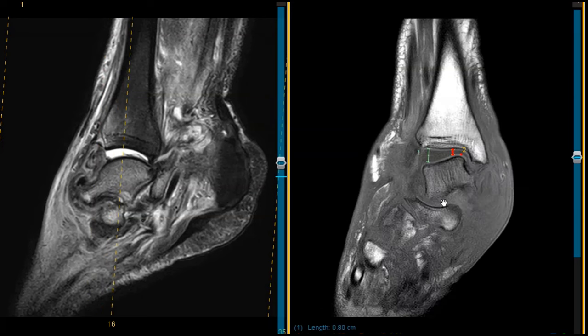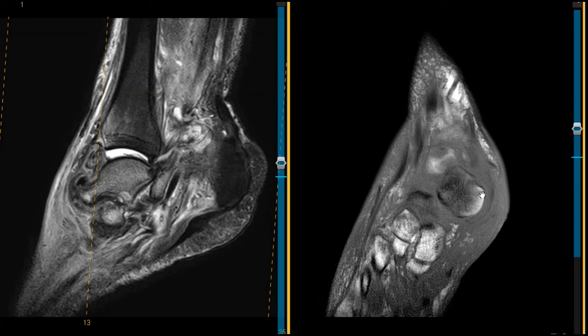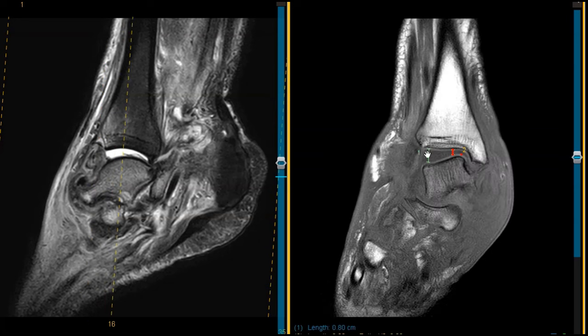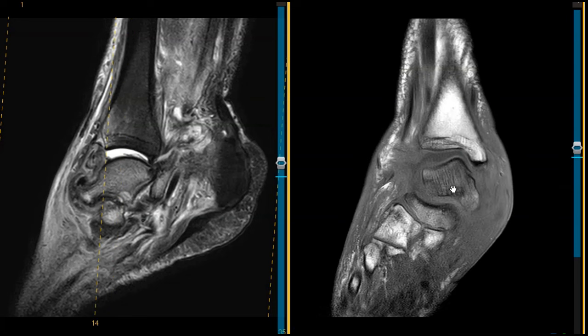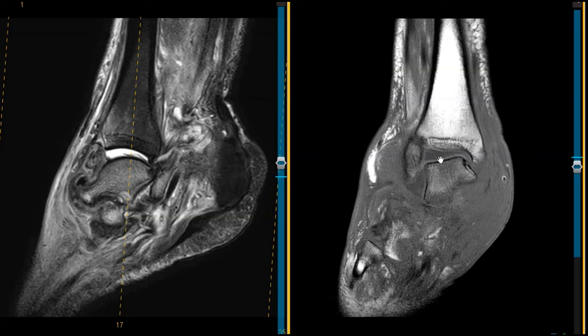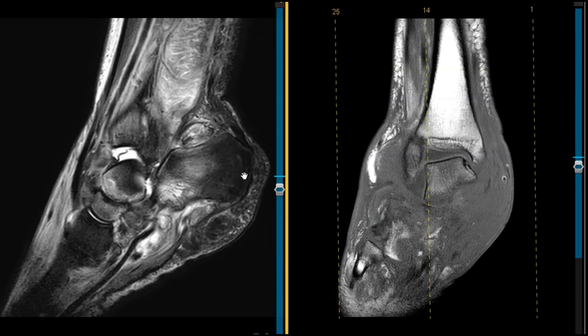And it doesn't articulate right here in this cup. It's just over here by itself, so it's dislocated medially, and also there's widening here in the lateral ankle joint, so this is rotated medially as well. Also, this is low in position, the talus, since it's dislocated and rotated, and because of that low position, we